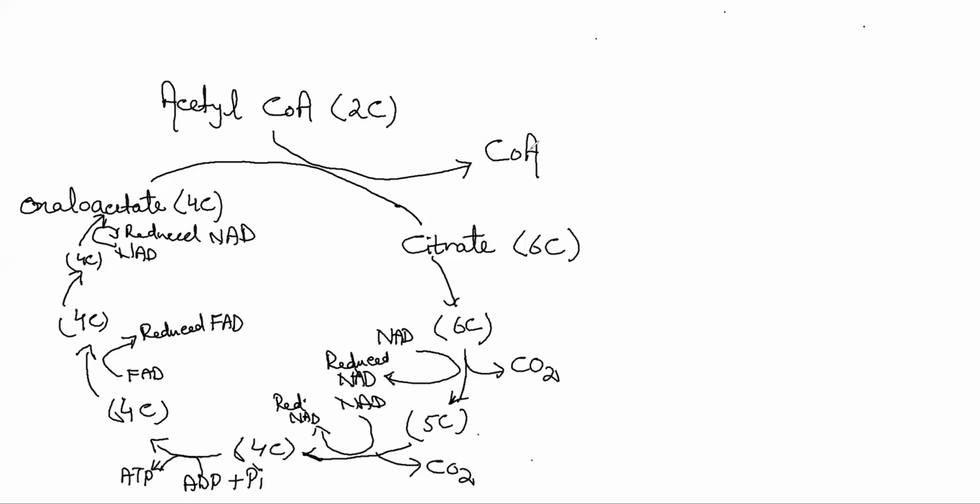Now if we look at the whole process of the Krebs cycle, what is the production there? If we look at it with reference to one acetyl coenzyme A molecule, of course there is no end product which is going to enter the next stage of respiration. Like we saw in glycolysis, the end product was pyruvate, which entered the link reaction. From the link reaction, acetyl coenzyme A entered the Krebs cycle.